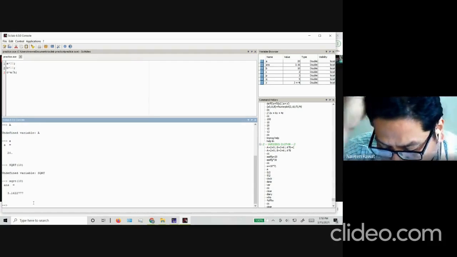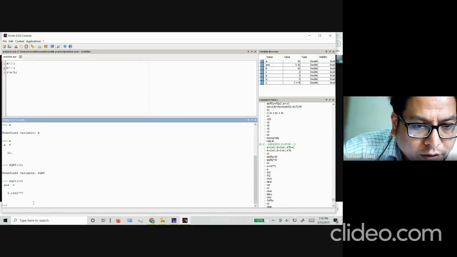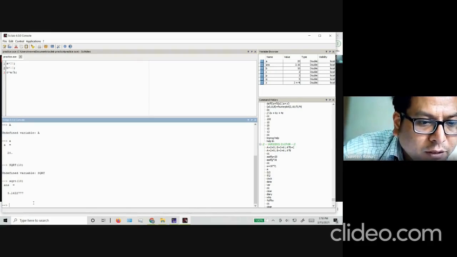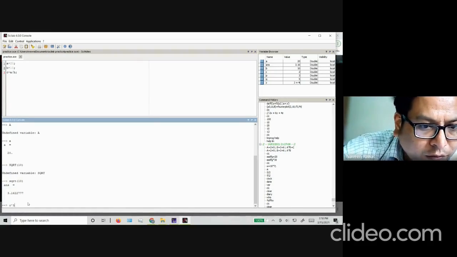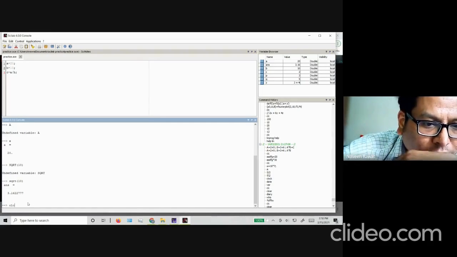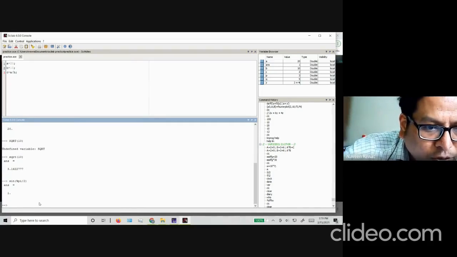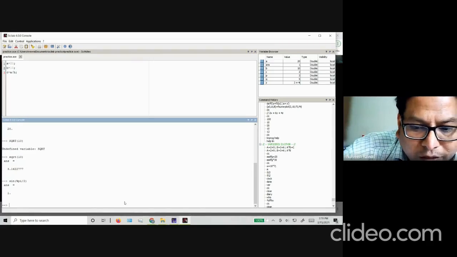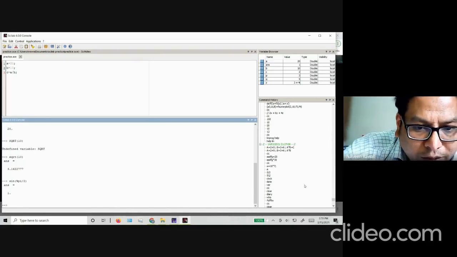It's case sensitive. Other thing is, if you are using the computer, you can always go back and forth between the commands, like in other softwares as well. You can just type the up arrow and browse through all the commands that you have entered. I'm just using my up arrow or down arrow, and you can see the commands that I've entered appearing again, sine %pi by 2, right? So I can execute any command that I've already executed. You can access them again by using the arrows.